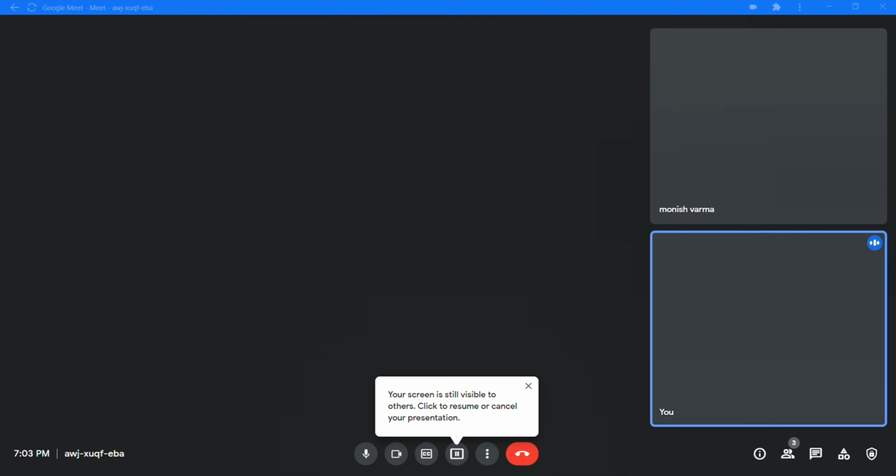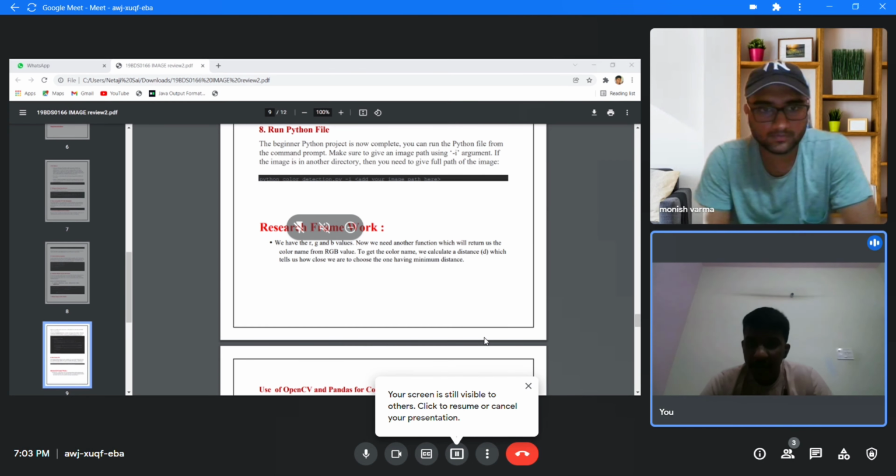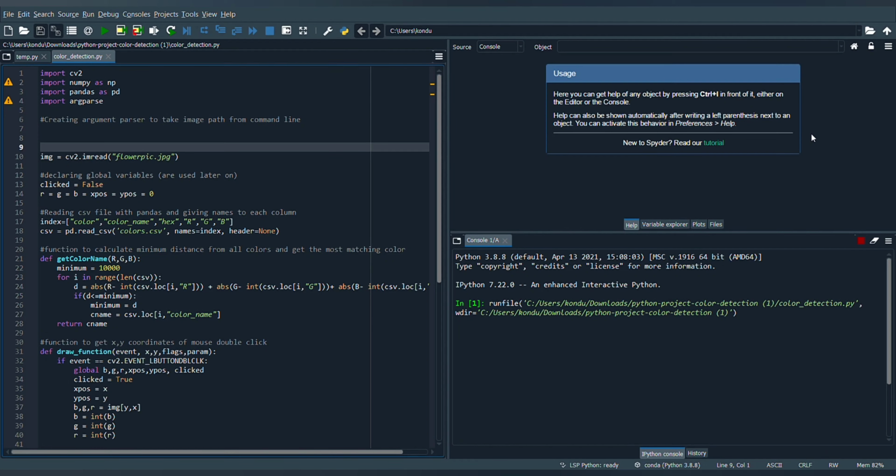And then we run the Python file, which begins our results and analysis. Sir, this is the entire code of our project, and here we use three libraries called pandas, numpy and cv2. In this line I take the path of an image, and here I took an image called flowerpic.jpg. This is the entire code. If you run this code,